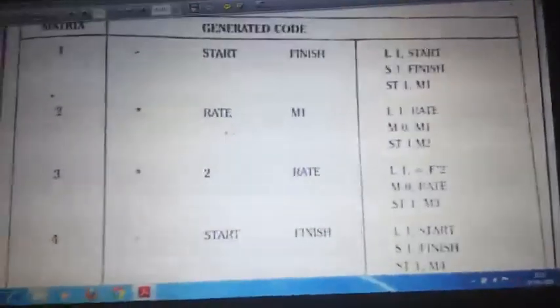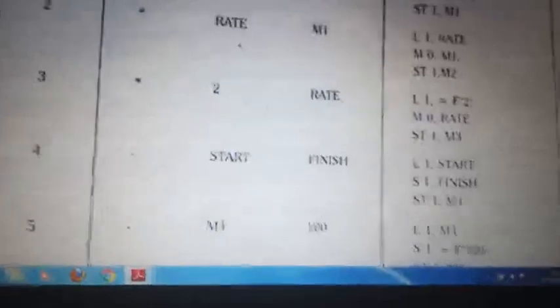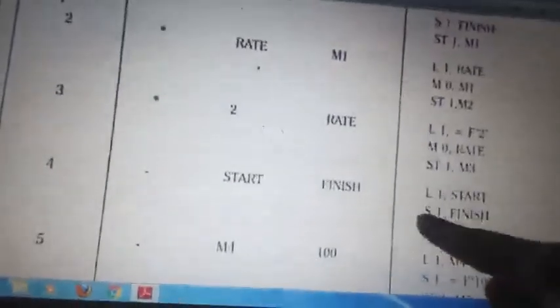Instead of that, can't I use the same line M1 here instead of creating one more line as M4? This is the optimization. Here I am repeating the same task, start minus finish. I have already done it and the result is stored in M1. I can directly use that M1 with the next line, M1 into 100, instead of M4, rather than executing all this again, right?